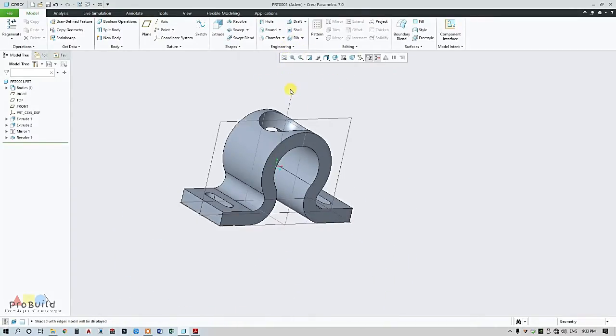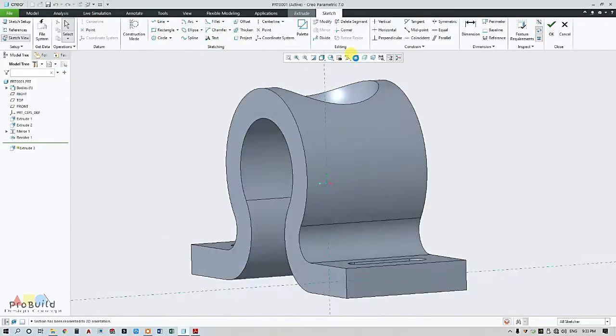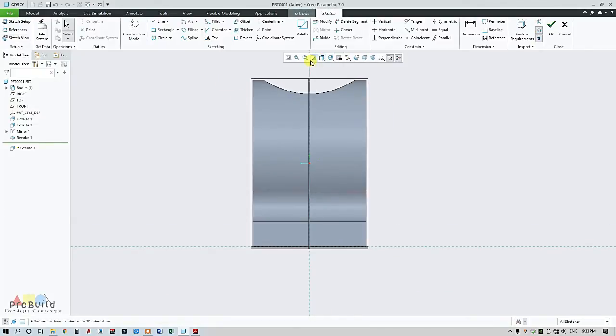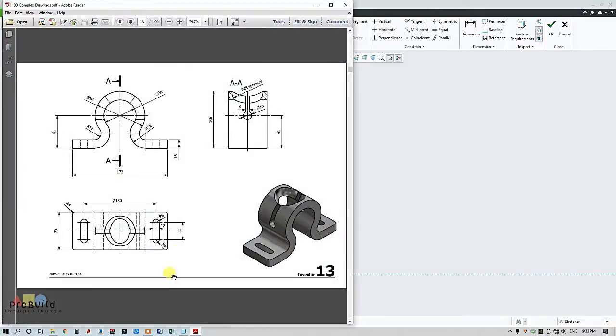Now I'm going to make a slot, for which I'm going to select this right plane and go for extrude. Change this once again to hidden line. Now I'm going to draw a circle of diameter 15, which is offset 61 from horizontal line.